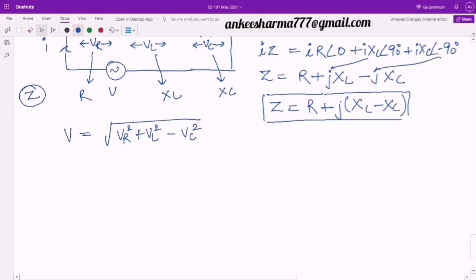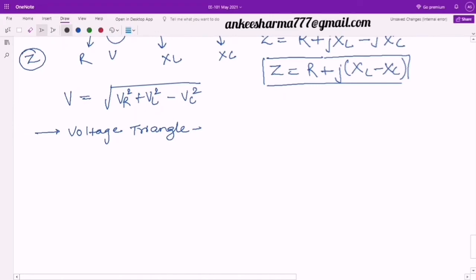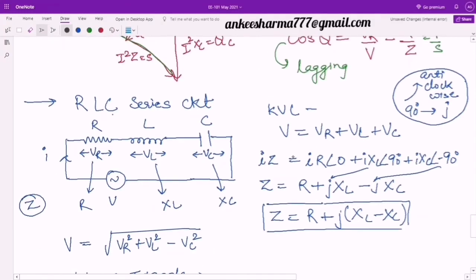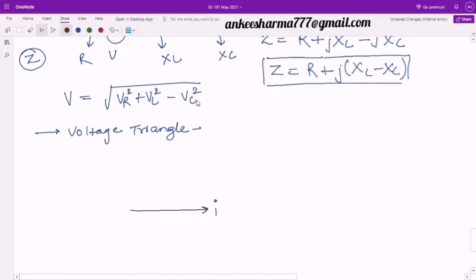Now if I have to draw my triangle, for example the voltage triangle, उससे मैं इसको verify करता हूँ अभी. Voltage triangle. So in the voltage triangle, what is there? I have a current. So I will go a bit down. So I have assumed this is my current I. ये मैंने assume कर लिया. Why have I assumed current I? Because current I is common for all these three, R, L and C. So it means VR, VL और VC तीनों का केस जब मैं डिस्कस करूंगा या V का केस डिस्कस करूंगा तो I सेम है. I देखिए यहाँ पर भी सेम था, तभी कॉमन था, ये कैंसिल आउट हो गया. सो I की वैल्यू मैंने सबसे पहले फिक्स कर ली.